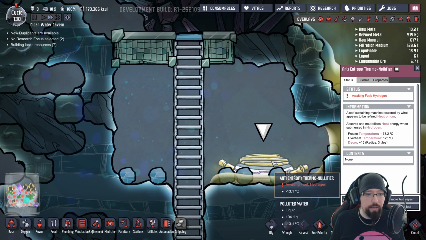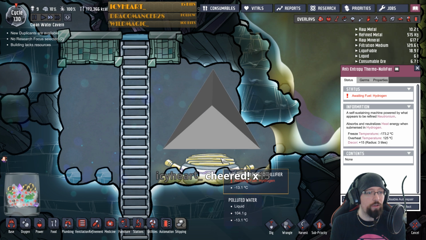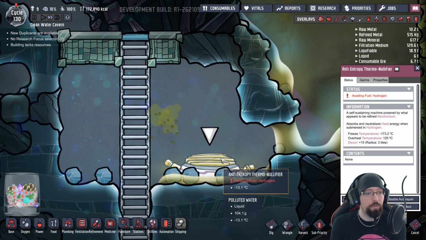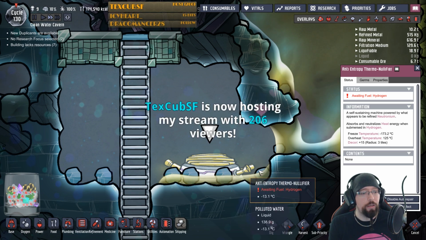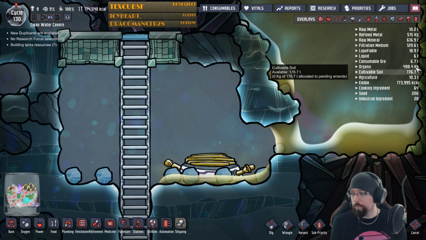Yeah, what on earth is this? Anti-entropy thermal nullifier. A self-sustaining machine powered by what appears to be refined neutronium. Absorbs and neutralizes heat energy when submersed in hydrogen. Now that is interesting. That is very interesting. I'm not sure how I'd use it, but...